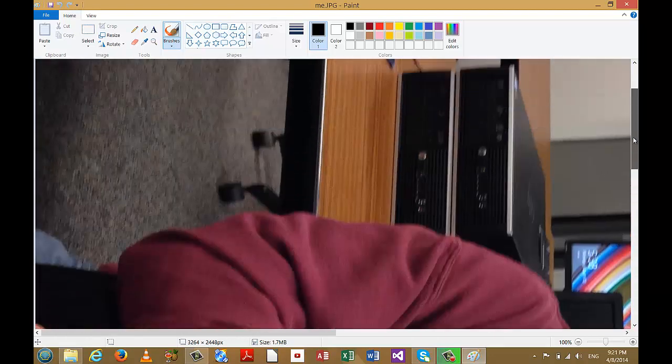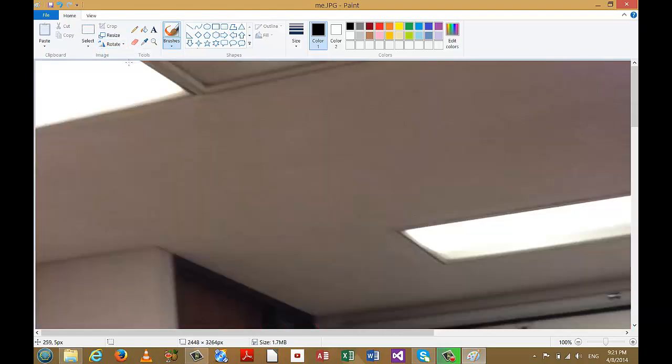This is a very large file, and it does look like the orientation is wrong. So I'm going to rotate it counterclockwise 90 degrees, so 90 degrees left, and save it and close it,